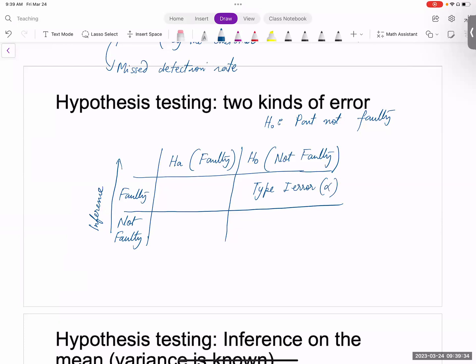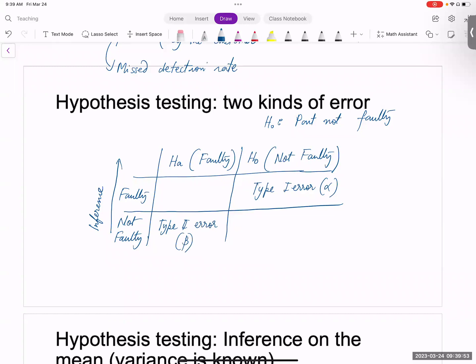The second scenario was if H naught is not true, in other words, HA is true. So in this case, the part is faulty, but your inference is that the part is not faulty. That leads to type 2 error,